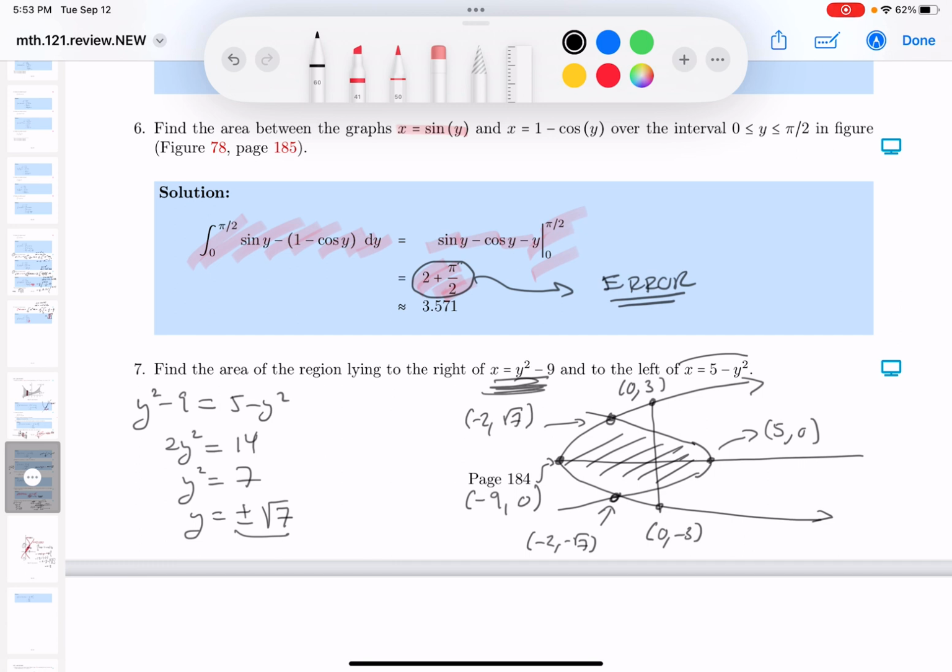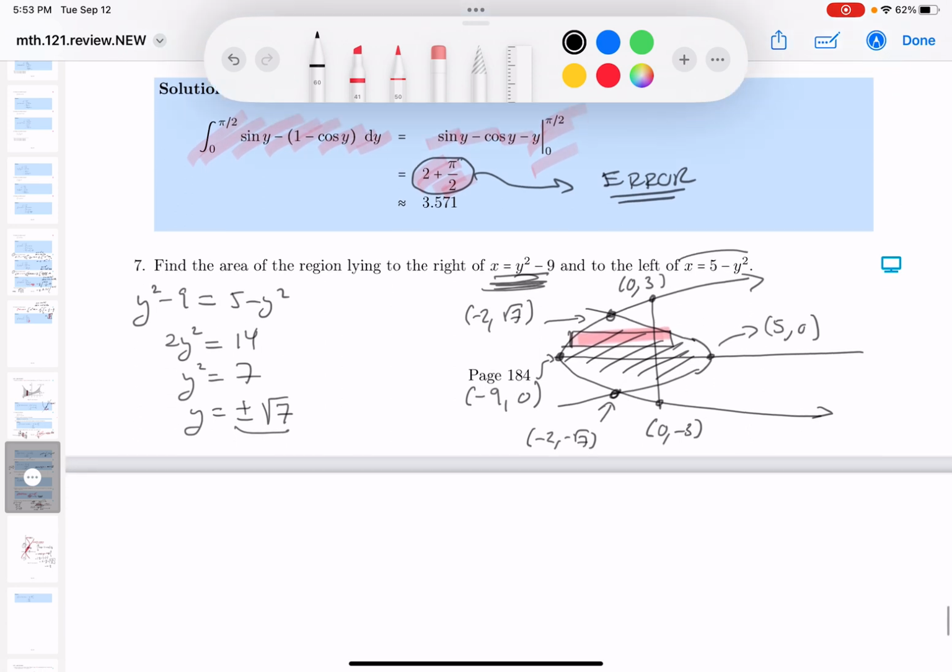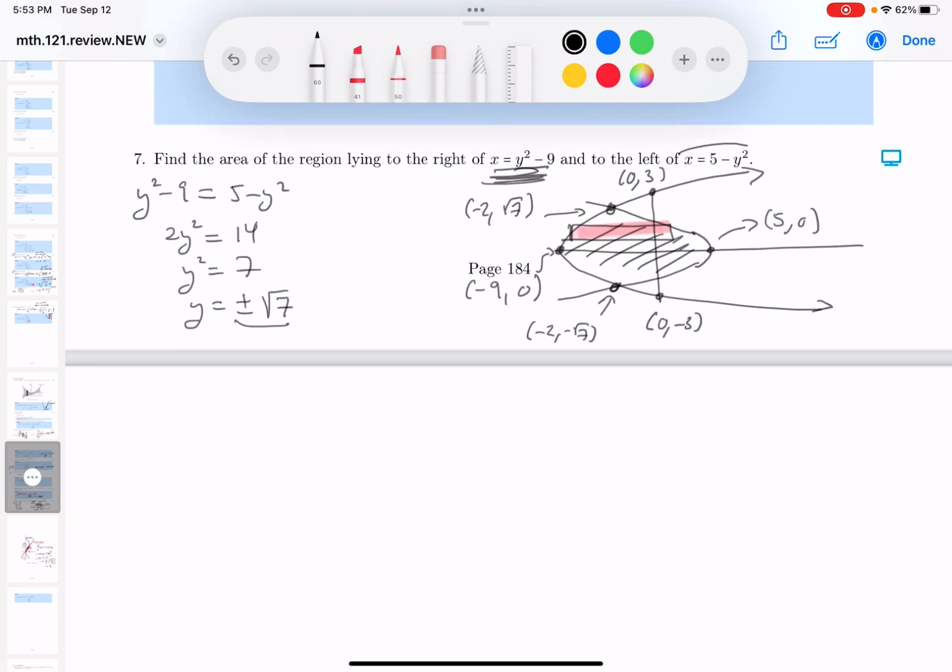So I have a visual understanding of the problem. Maybe too many details in it, but right now I'm looking for a representative rectangle. And I would say something like this over here, all right? So the upper and lower are consistent, all right? I'm going to put an integration down now, and I'm going to write down that my differential's y, so dy, and I'm looking where the y's are going from, and I'm going to say from minus root 7 up to root 7. Now, I got to get the upper curve minus the lower curve. The upper curve is, it's actually an x-coordinate, and that's this curve over here. So what's it actually equal to? 5 minus y squared